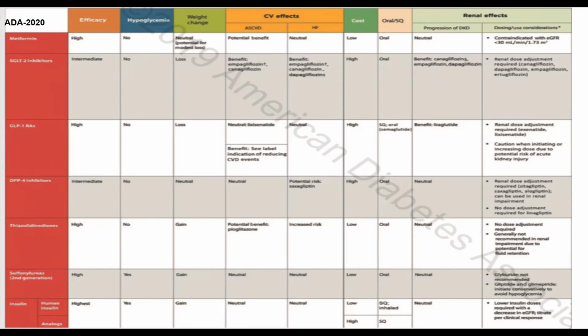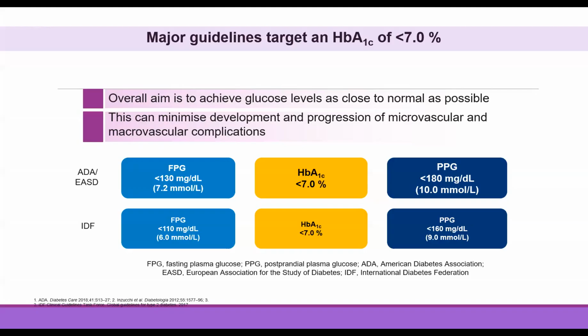I'll not go into detail of all the drugs, but just to share with you that this chart will give you a comprehensive understanding as far as different anti-diabetic drugs are concerned. In most of the guidelines, we find that our A1c target is less than 7%. But as I've told you, this 7% is not a sacrosanct figure. Rather, in some cases, we like to have glycemic control stricter than 7%, as for example in pregnancy, where we like to see that the A1c should be below 6.5